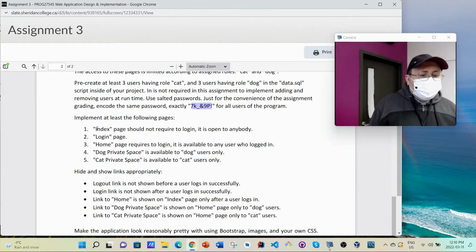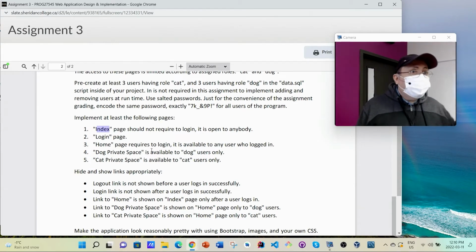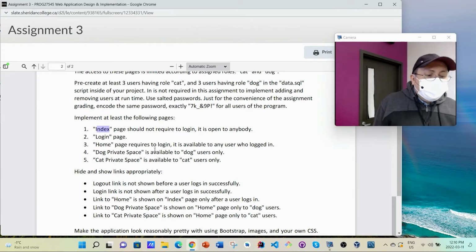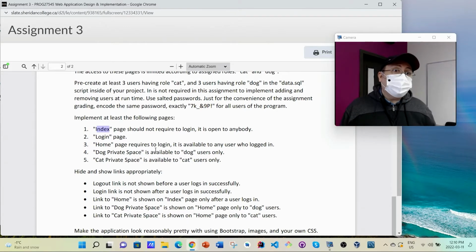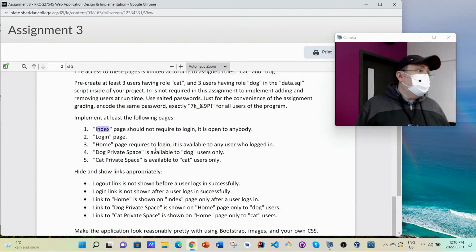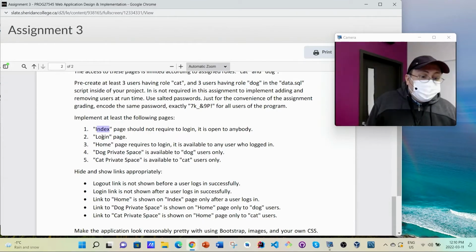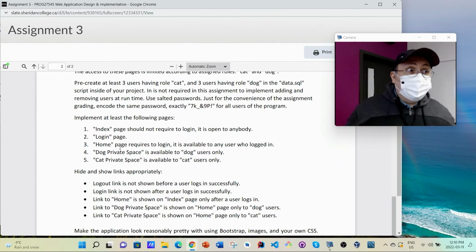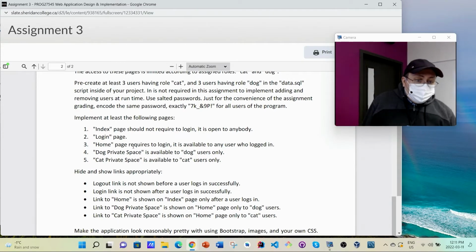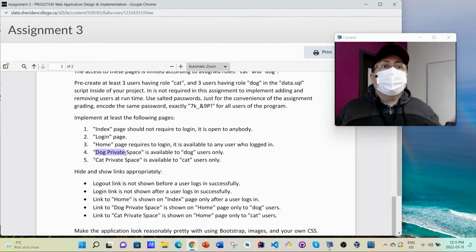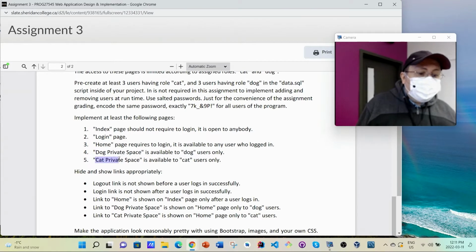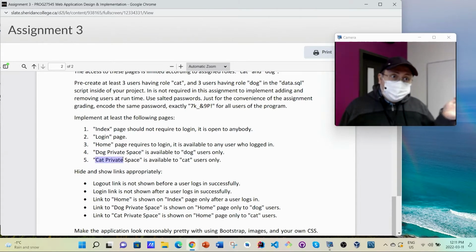You are asked to create an index page available to everyone, whether they logged in or not, doesn't matter. And you may consider hiding the login link if the person is already logged in and showing a logout link instead of the login link, as it is done in the student example. Login page, obviously, is to log in, and the home page is available to everyone who logged in, to cats and dogs. And the dog area is available to users who have the role dog, and the cat area is available to users who have the role